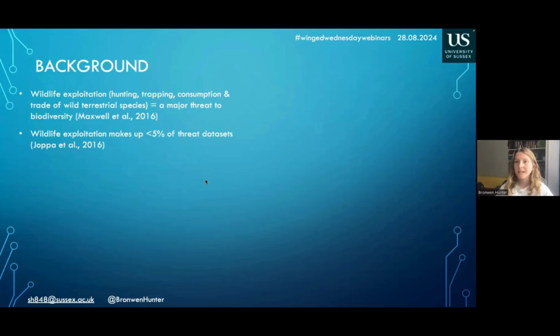But collecting data on which species are targeted by exploitation, the location where this is happening, and at what levels is really, really challenging. There are a number of reasons for this. One of those is that wildlife exploitation is extremely spatially dispersed, so collecting data over large areas is extremely resource intensive. It also may be deliberately concealed because of cultural taboos around wildlife consumption or hunting, and also sometimes it may be illegal.